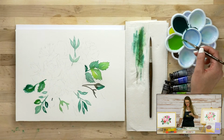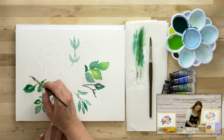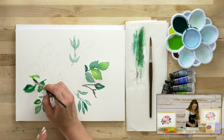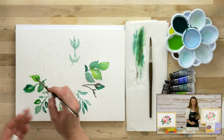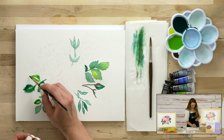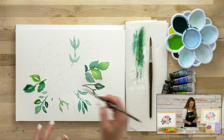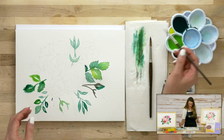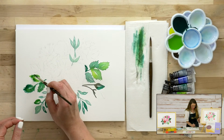Now, this paper is holding up exactly how we want it to. And you may not be able to tell this on camera, hopefully you can. As your watercolor paper, so we're working on a block, absorbs the water, it's going to look like it's swelling right there